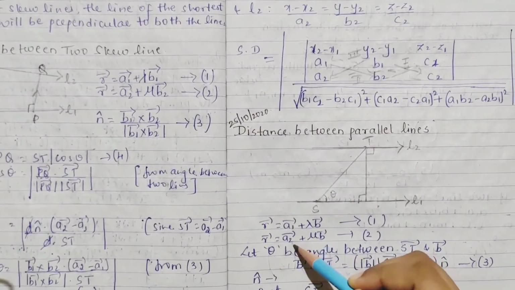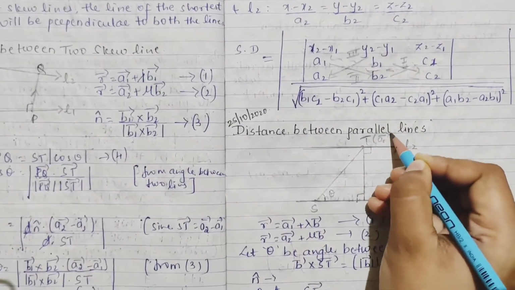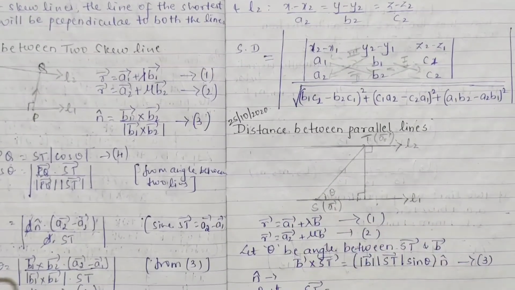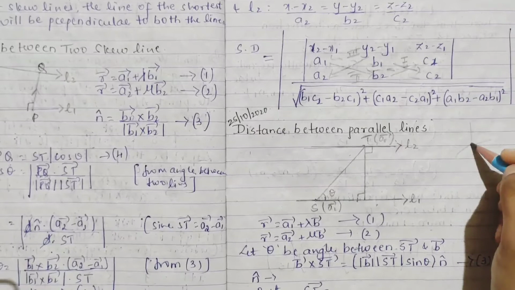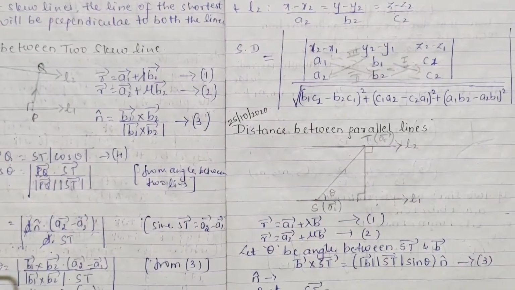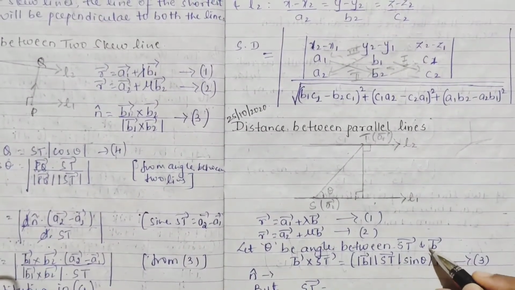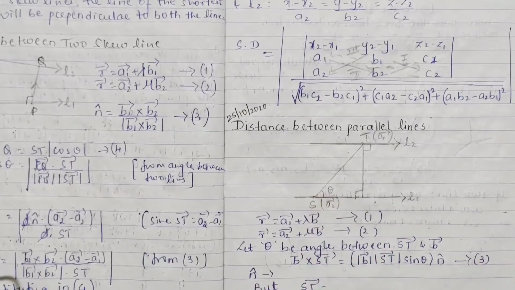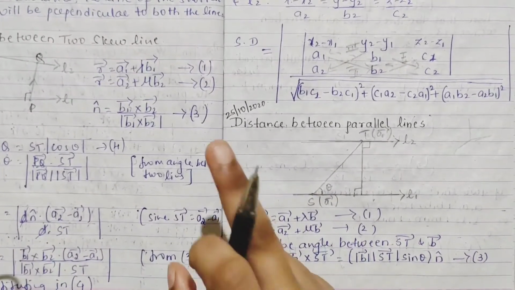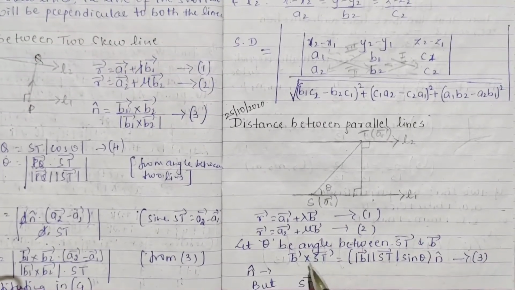And a1, a2 are the position vectors, as we have said: along T we are making a1, and along S it will be a2, position vectors through origin. I have said it is in 3-dimensional, but we have taken just that part and are explaining it. So theta is the angle between ST and vector b. Taking the help of the equation of line through a given point and a vector direction, this is how we will get vector b cross vector ST.